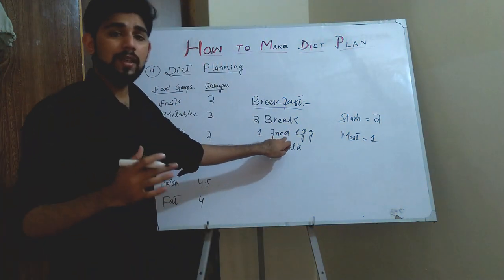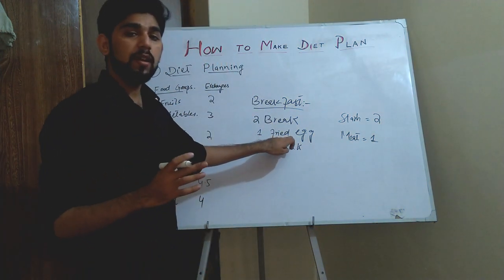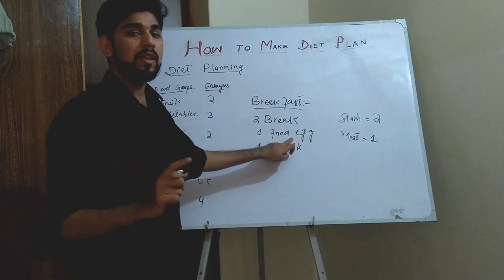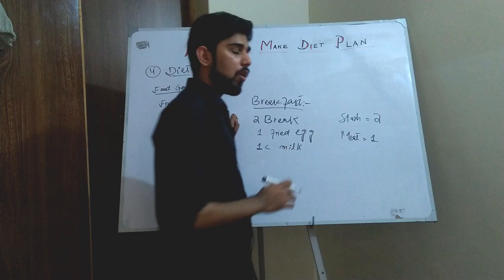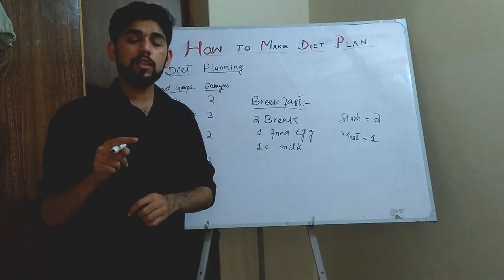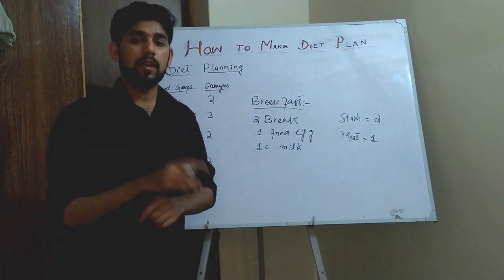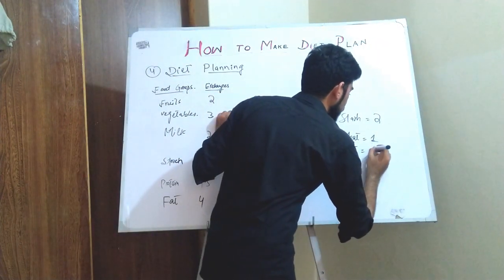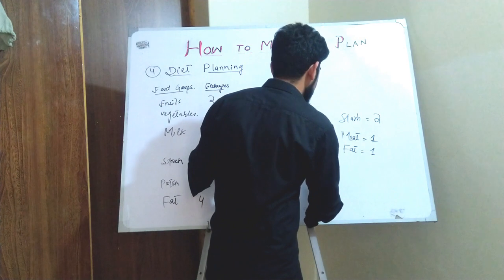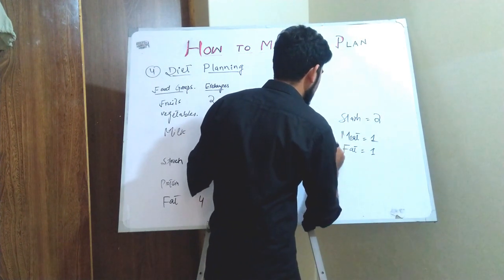And we add 1 teaspoon oil in 1 fried egg. So 1 teaspoon is 1 exchange of oil, so we'll put fat exchange 1 here, because we put 1 teaspoon oil while frying the egg,